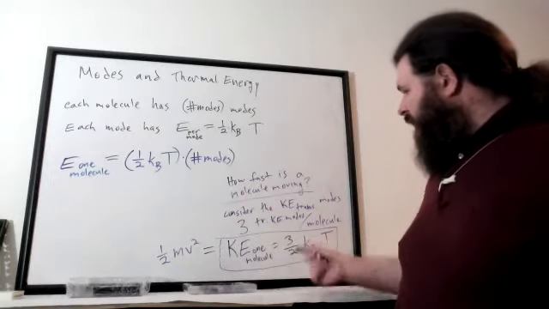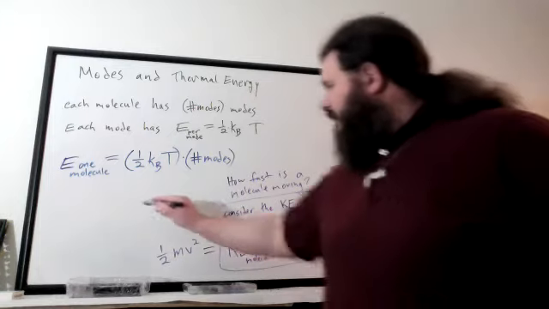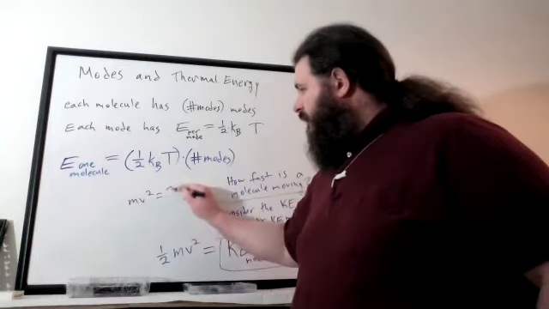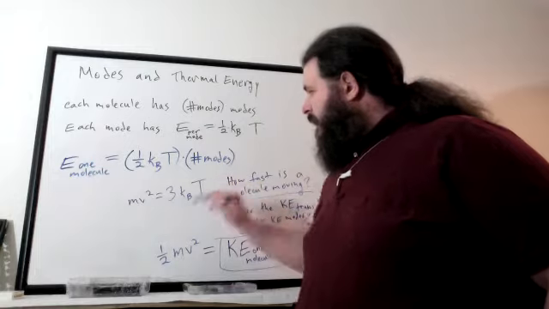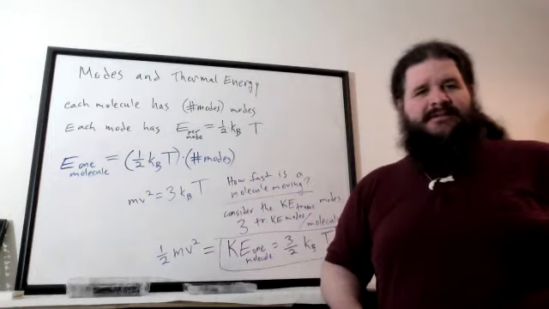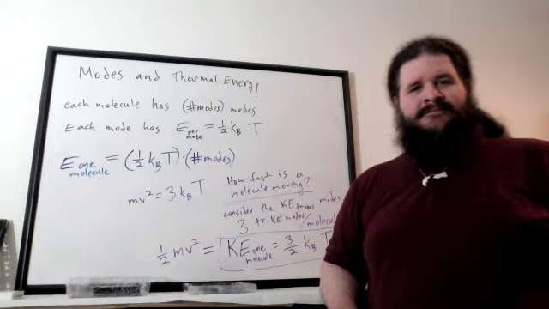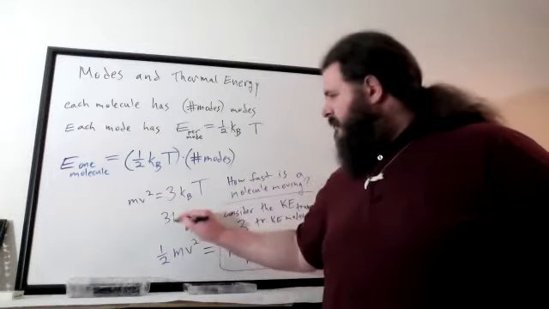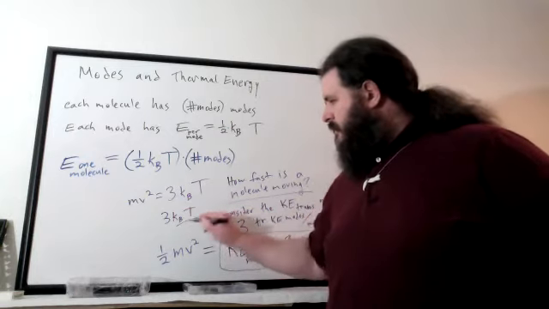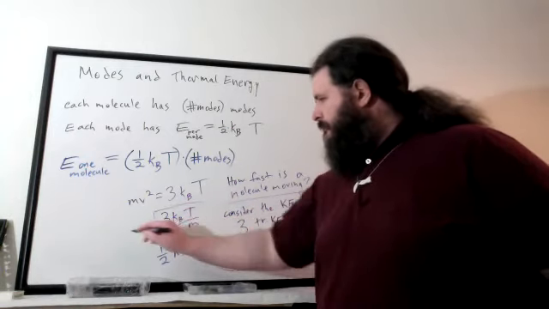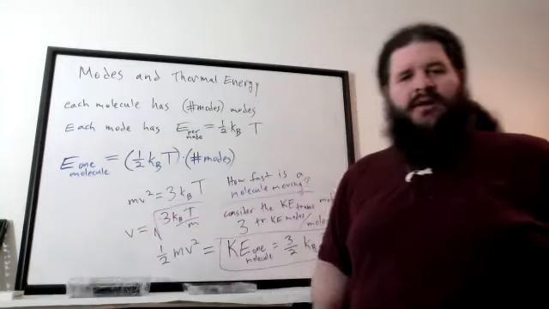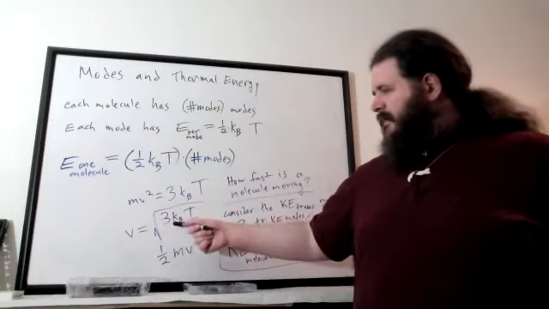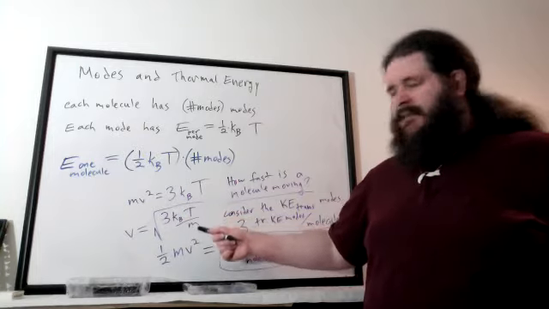If you just set these equal to each other, you can immediately cancel out the 1/2. So you get mv squared equals 3 kBT. And then how would you solve that for speed? Yeah, divide by mass. Take the square root. So the speed of one molecule is the square root of 3 kB times the temperature of the substance divided by the mass of the molecule,